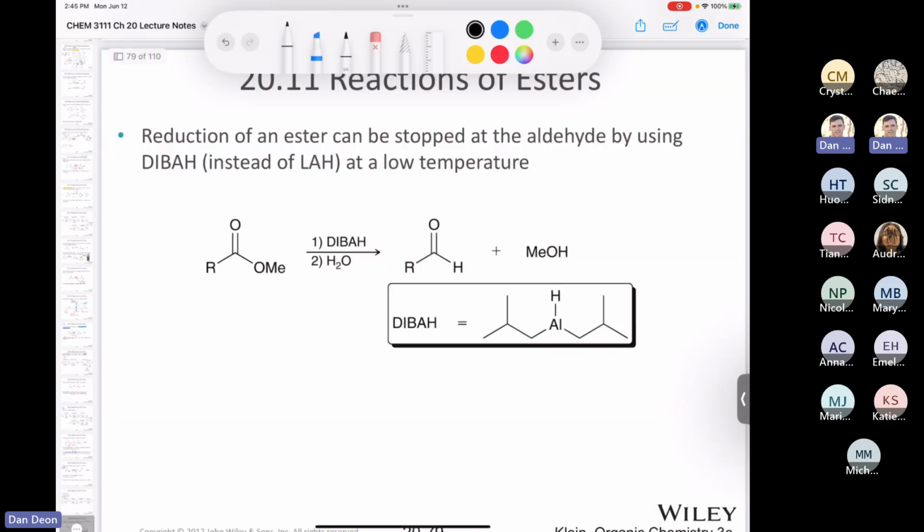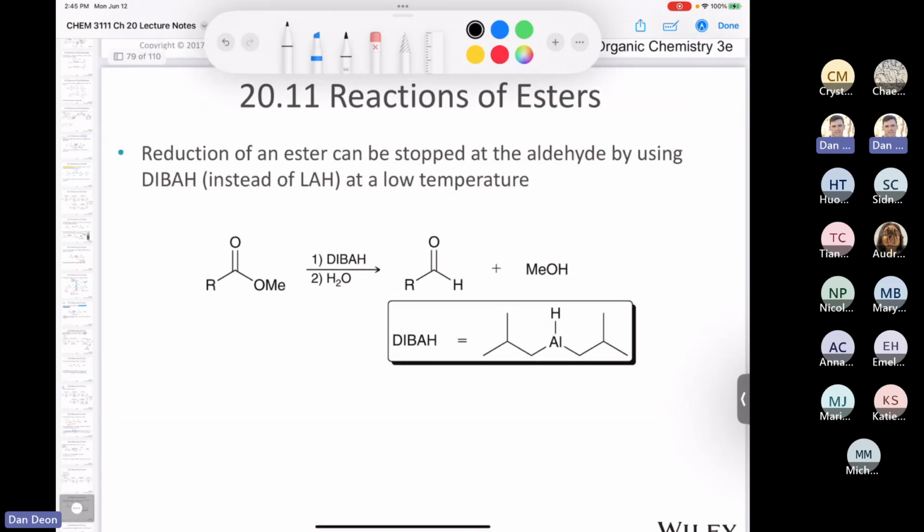So I'm not going to go over that in detail, but I will go over this reaction in detail with you. If you're wondering, can I reduce an ester down to an aldehyde the way I could an acid anhydride or an acid chloride? The answer is yes, but we don't use lithium. So remember lithium aluminum tri-t-butoxy